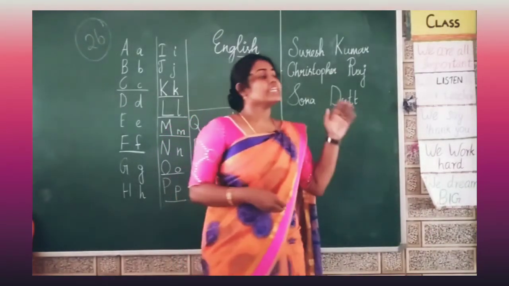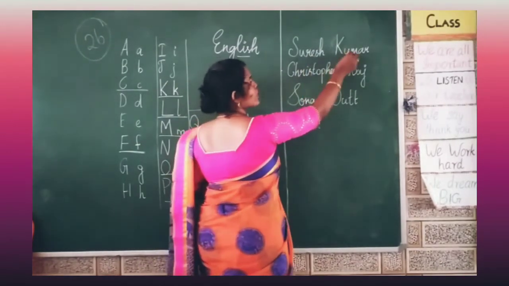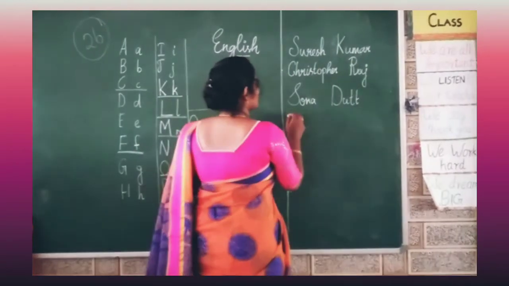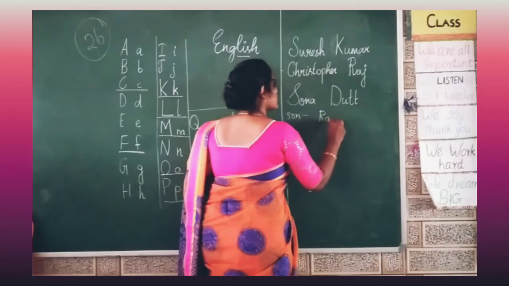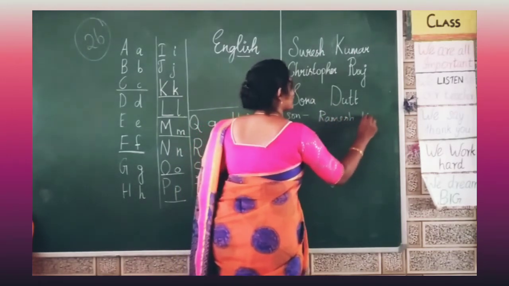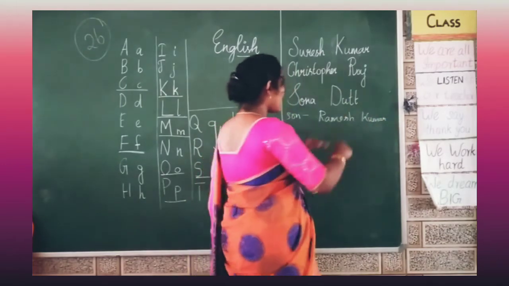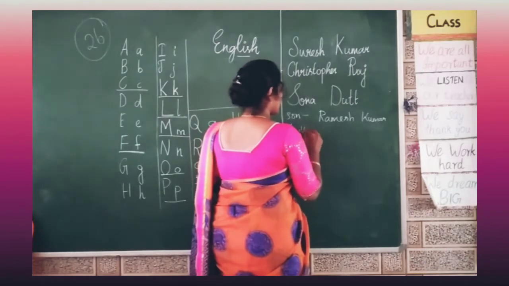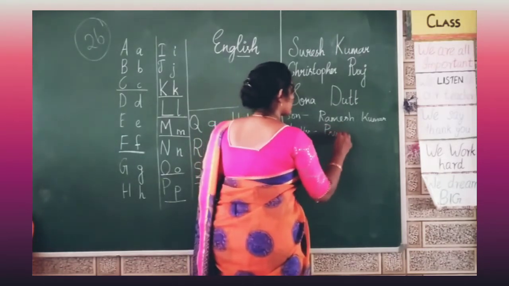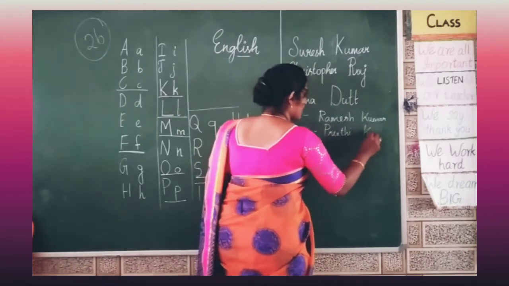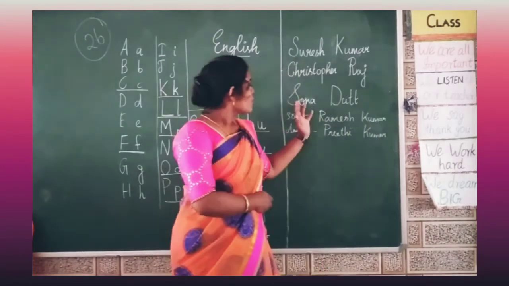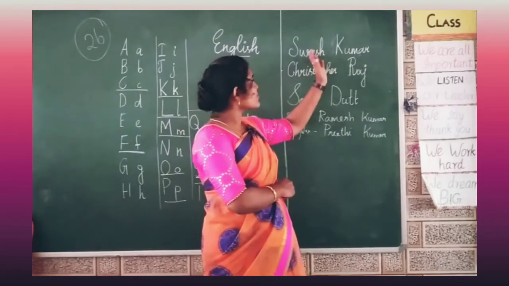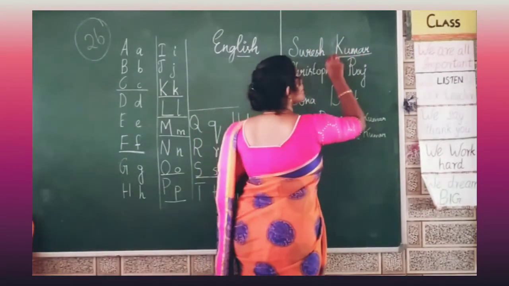Surname in the sense, I'll explain that. If a father has a name like Suresh Kumar, and Suresh Kumar's son, maybe his name is Ramesh Kumar, and his daughter's name may go like Preeti Kumar. So now, for Ramesh and Preeti, their surname, surname in the sense family name. Their father also has the same surname, that is Kumar.